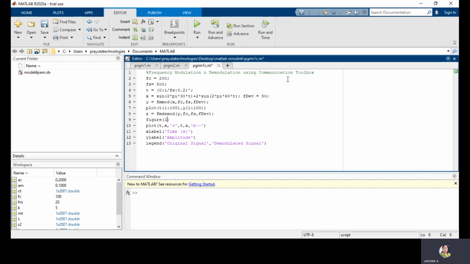That is, in MATLAB there is an advantage to perform any modulation. There are predefined commands for performing modulation and demodulation. So this is a sample program for performing frequency modulation, and here I am taking only one plot where I can see the message signal, a multi-tone message signal. Here I am not taking the single tone, I am taking the multi-tone message signal, sine of 2 pi f1 t plus 2 sine 2 pi f2 t. I want to see how the demodulated signal is present in the figure by performing these two predefined commands. So let us run this program.